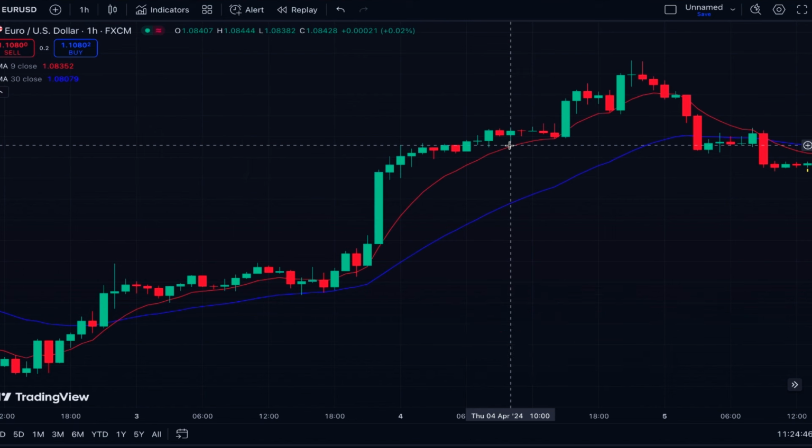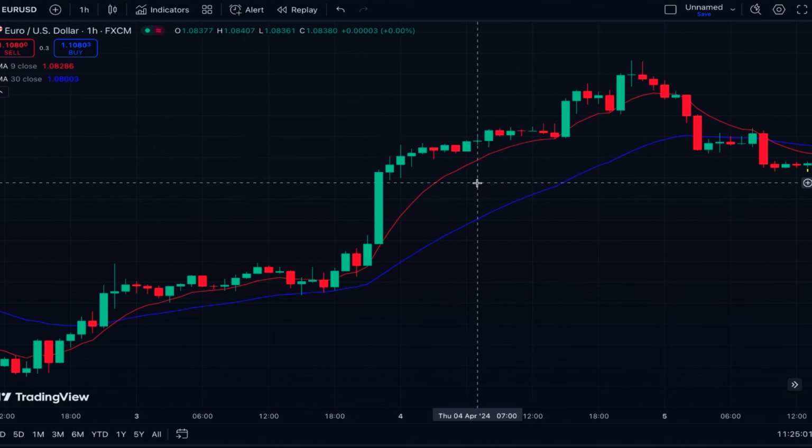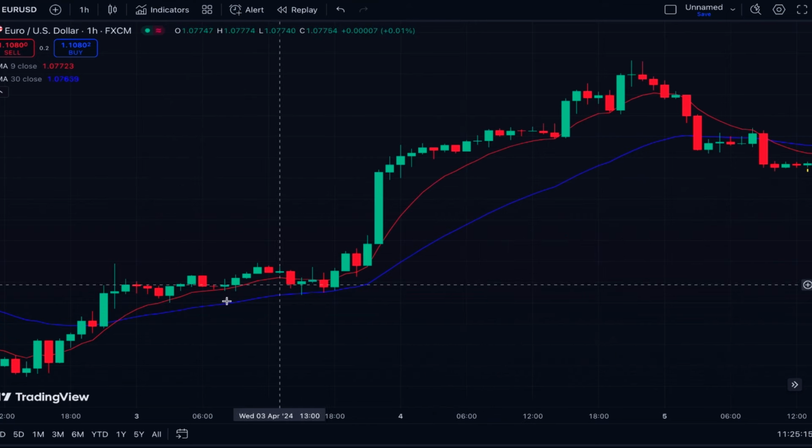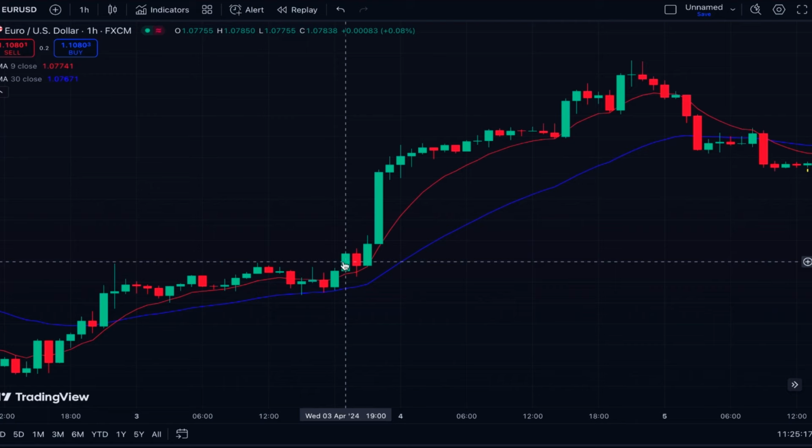As I mentioned earlier, in this strategy, we don't use the crossovers, but instead we are going to take advantage of the area between the two moving averages to identify the pullbacks. The first step is to find out if the market is trending up or trending down. You can use price action analysis for this purpose, or you can add another indicator like MACD to identify trends,